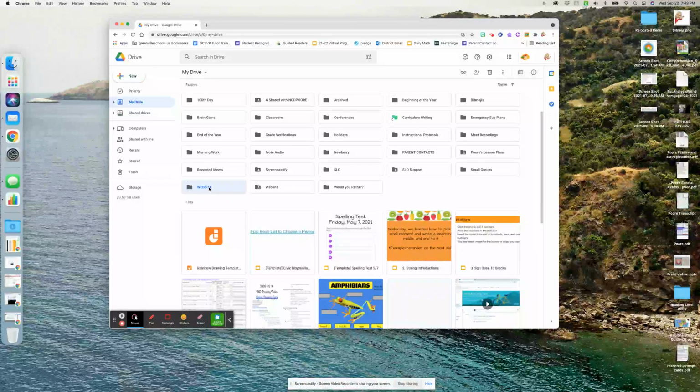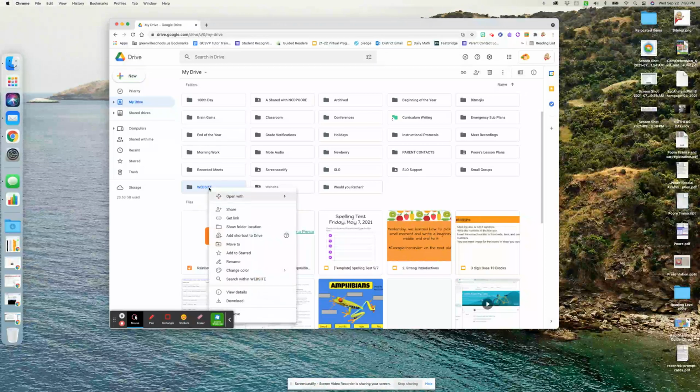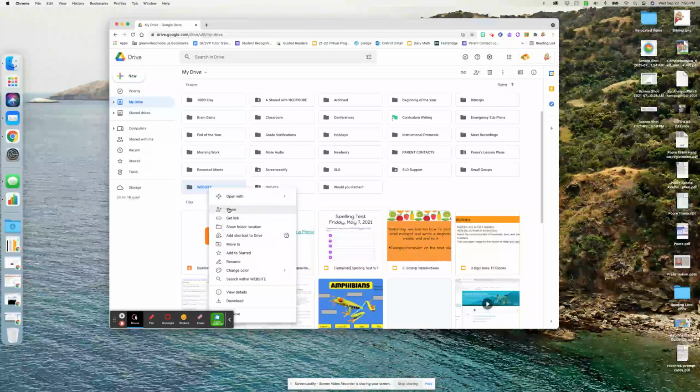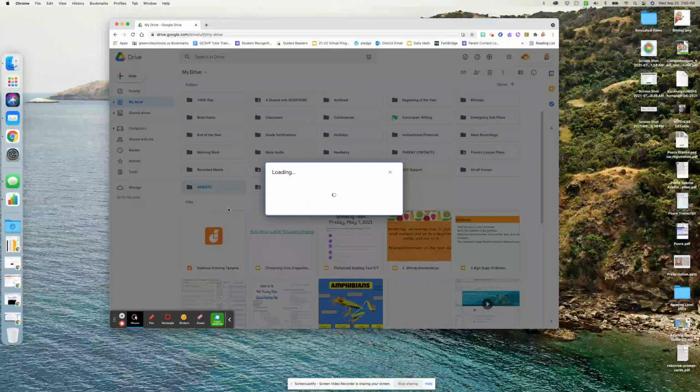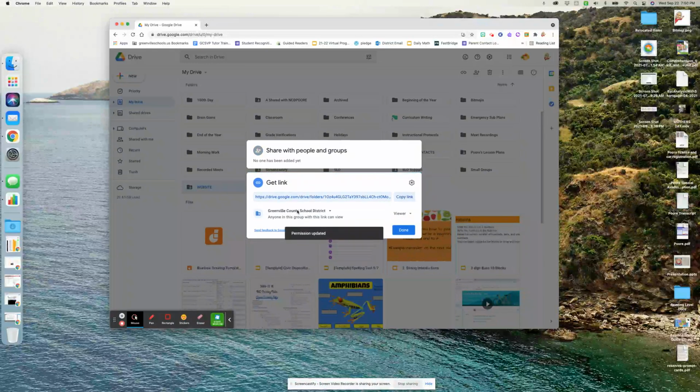All right, there's your folder. Now, the first thing I want you to do is right click on that folder and say share. When you click on that, mine is Greenville County because that's where I work, but yours may not say that. I'm not exactly sure what yours might say, but if you click on that, what I want you to do,